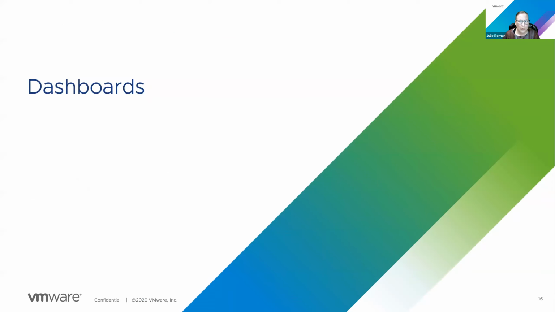So you don't need to log in every time between the Log Insight dashboards and vROps anymore. If you're logged in to Log Insight and you click over to vROps and you're not already logged in, you do get prompted for authentication if you're using VIDM, and I can show you that in the demo.